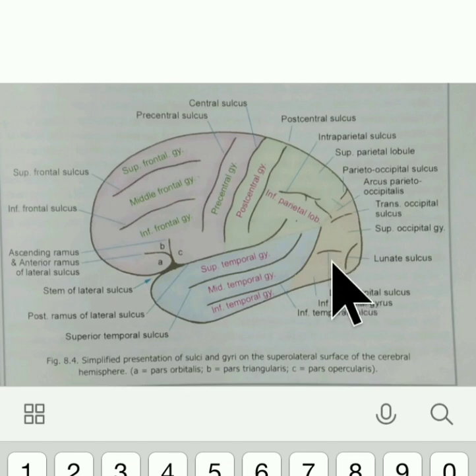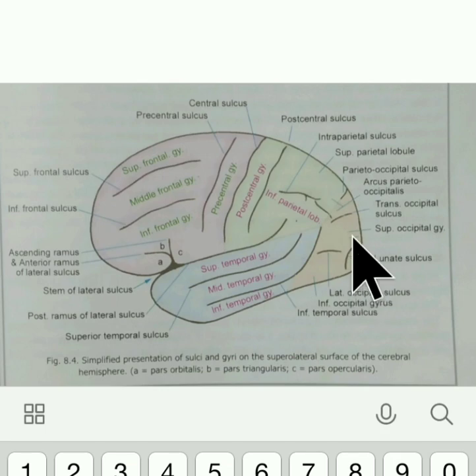The occipital lobe consists of three sulci: the lateral occipital sulcus, the lunate sulcus, and the transverse occipital sulcus. The lateral occipital sulcus divides the occipital lobe into the superior occipital gyrus and inferior occipital gyrus. The lunate sulcus is seen in front of the occipital pole, and the area in front of the lunate sulcus is called the gyrus